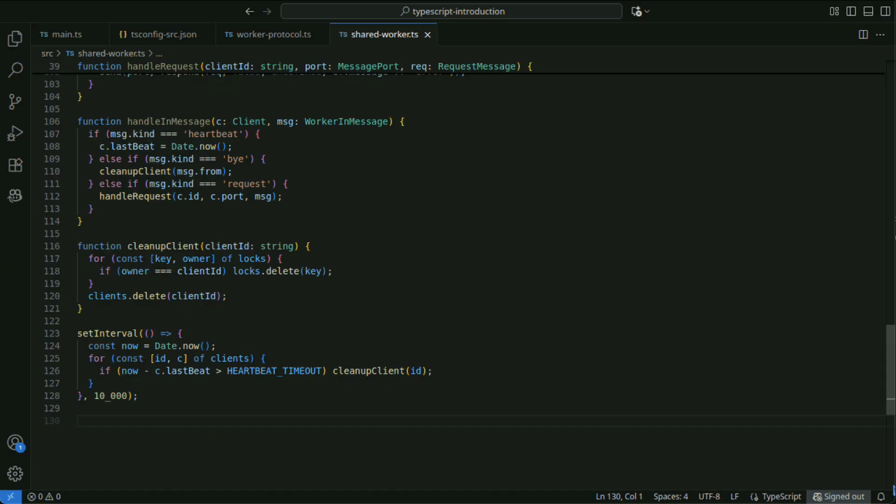Uses setInterval to periodically check all clients' heartbeats and clean up connections that have timed out.